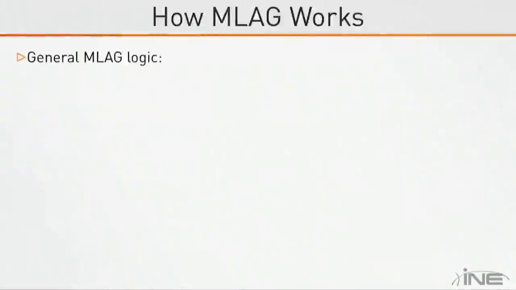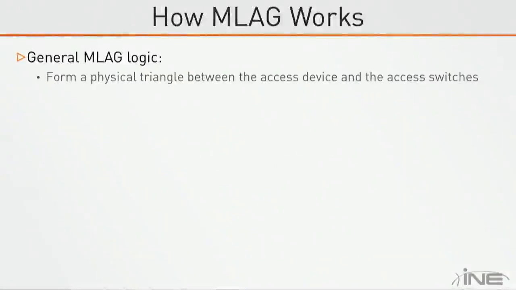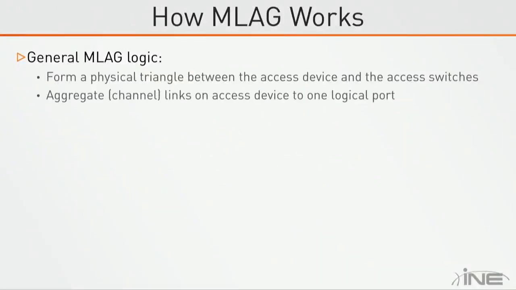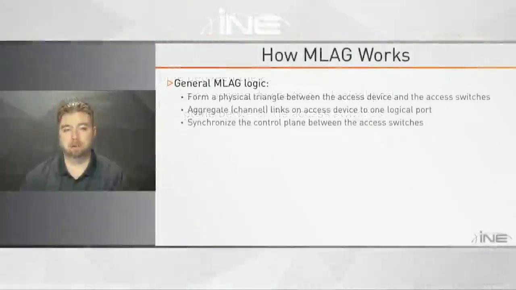Okay, now in order to do this, the overall general logic is that we're going to form this physical triangle, and then we're going to aggregate the physical links into one logical port. Okay, behind the scenes, somehow the switches are going to have to be synchronizing the control plane so that they both agree that the MAC address for the end node is located out this logical multi-chassis LAG as opposed to